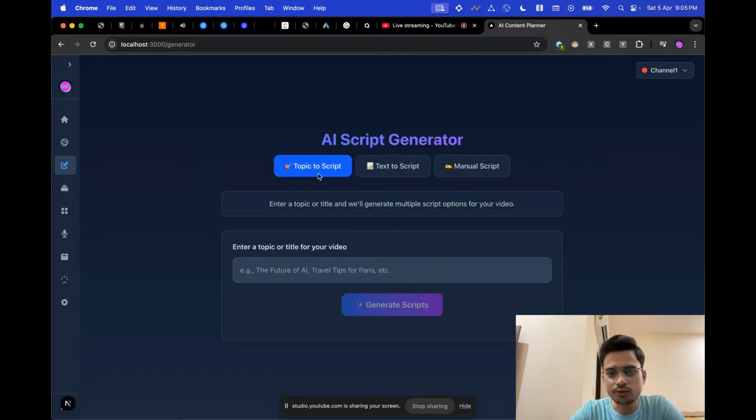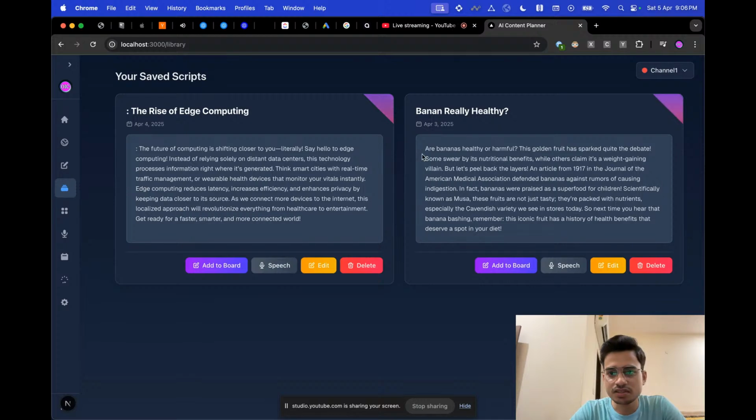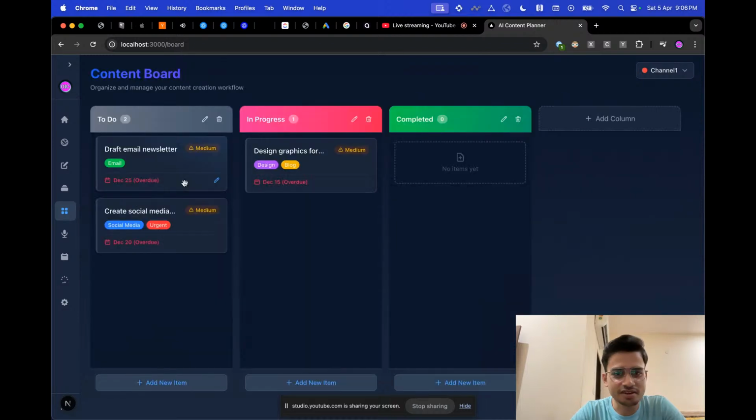So this is the end-to-end social media content management platform that I am targeting to build, where there will be a content board and a script library. So it's loading, I think. Yes, so this is the script library. It's taking so long to load a single tab? I think maybe because the system is processing live streaming and application tasks. Yes, so this is the content board